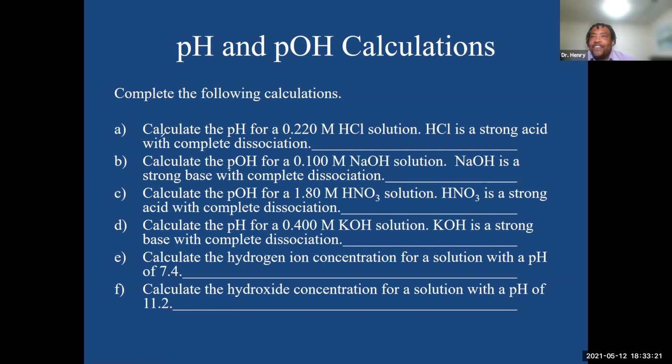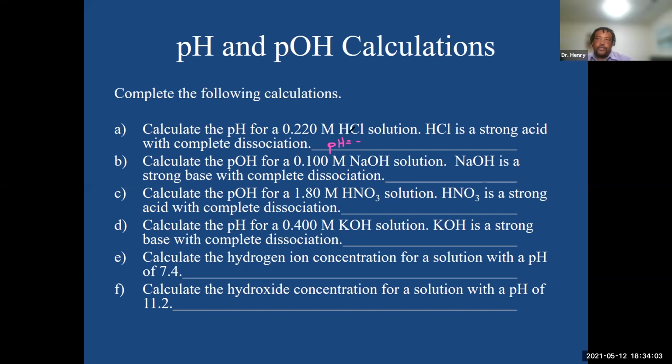That's right. Okay, so calculate the pH for 0.22 molar HCl solution. HCl is a strong acid with complete dissociation. So what would I do? Do we start by writing the dissociation equation? All we need to do is calculate the pH. So you calculate the negative log of that number? That's right. So pH is equal to